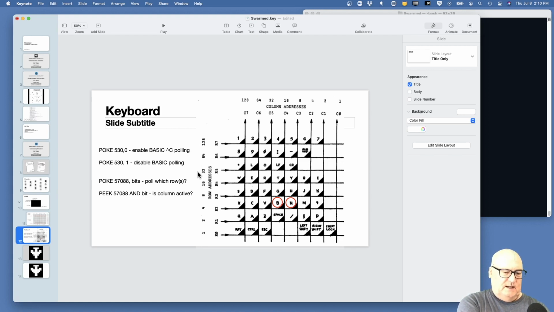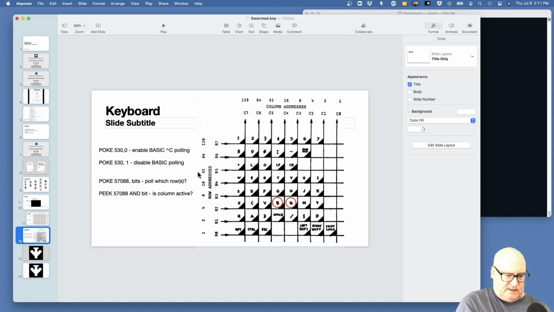So for every row of your keyboard you have a wire going across, and then for every column you have a wire going across, and then you connect them. Those little triangles I think are diodes, and so if you turn power on row 1,